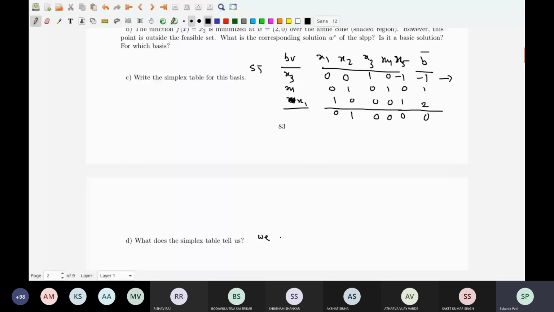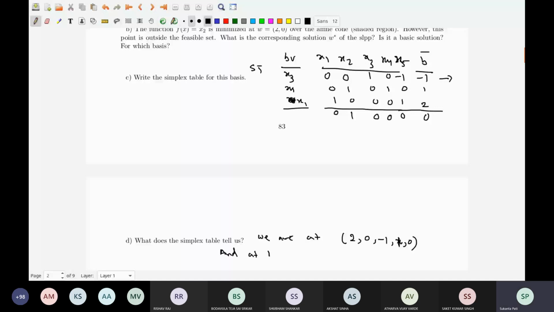You see the right hand side b bar column entry to the right of x3, it is -1. And then x4 is equal to 1 and x5 is equal to 0. We are at this point,